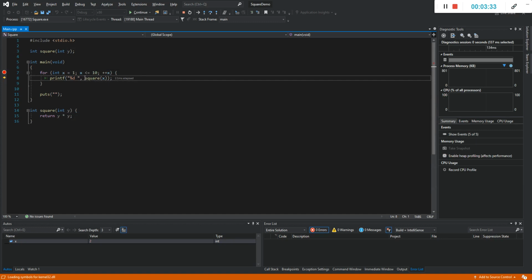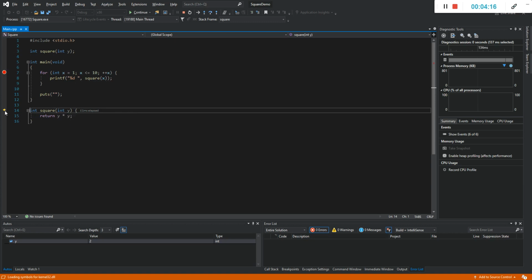But I want to follow into the square function itself. And for that, instead of pressing F10, I'm going to press the F11 key. And you can see now, instead of just running over that one line of that one printf statement, I'm going to go into the detail. F11 steps into a function. So in this case, before the printf statement itself is executed, the square function first has to be evaluated, which requires me to step into